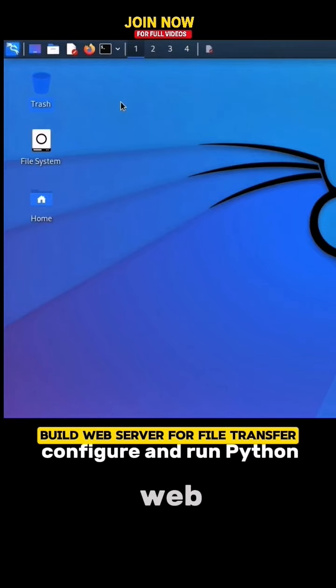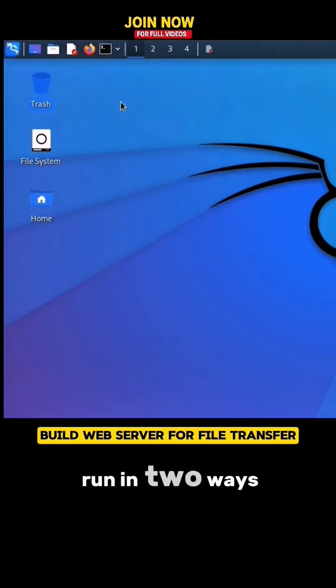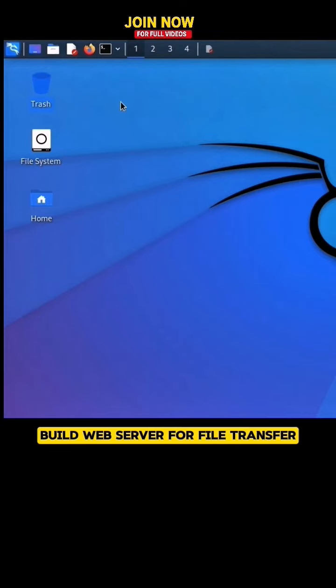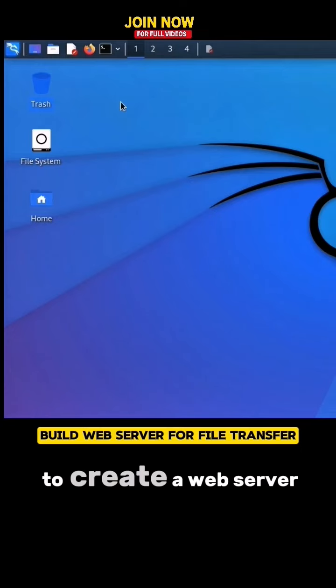Configure and run Python web server to distribute files. In Python, a web server can be run in two ways. Both ways involve using the http.server module. There's a one-line command for creating a default web server, and it's almost as easy to create a web server